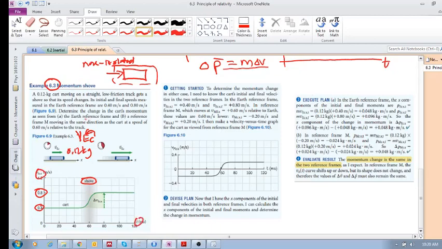Very good. So the question is, determine the change in the cart's momentum as seen from the Earth reference frame. We've been doing this for a long time. This is a very easy problem. It's the mv at this state minus the mv over there. Mass times velocity final minus mass times velocity initial. That's your delta P, right? So the velocity here is 0.8. The velocity there is 0.4. And if you do this, you would get